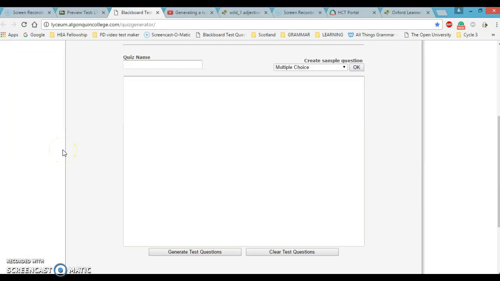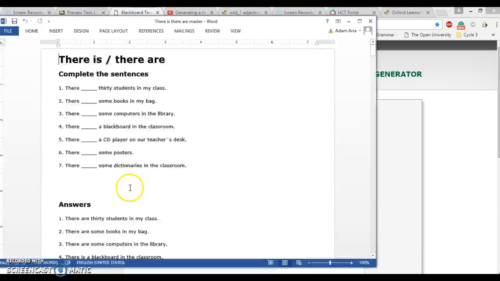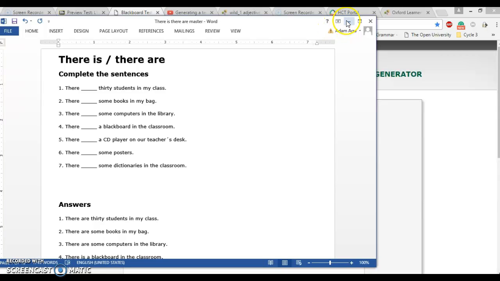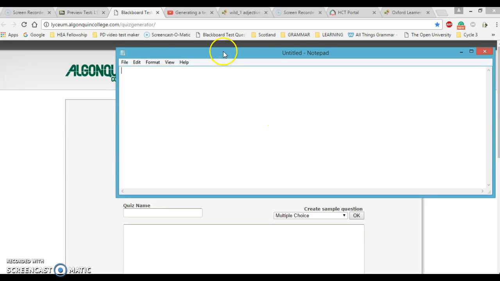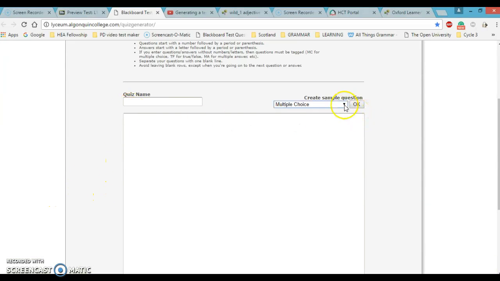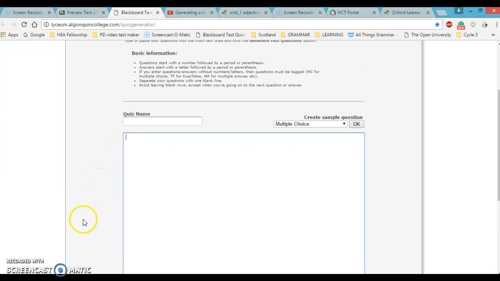There's a couple of things you need to keep in mind. It's very simple. Essentially, you take any Word document where you have questions, and you copy-paste them into a Notepad. Notepad wipes all the formatting, and then from here you copy-paste it onto this website. You give it a name, you choose your test type, and down here you click Generate Test Questions, and then it gives you a file that you download, and that file you can upload into Blackboard and launch your questions,